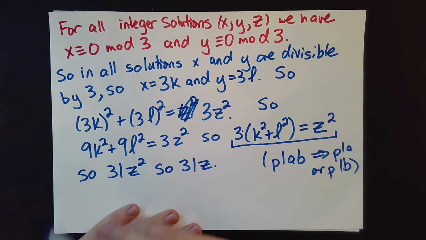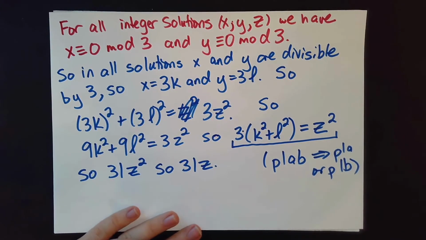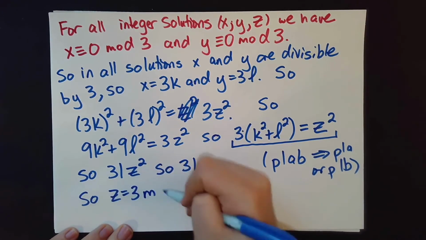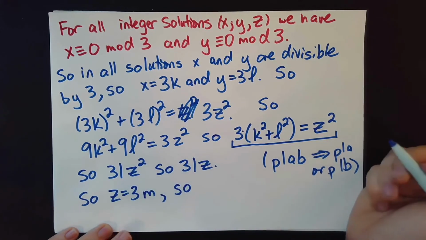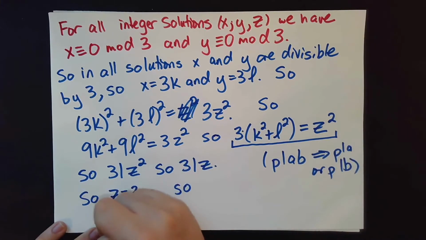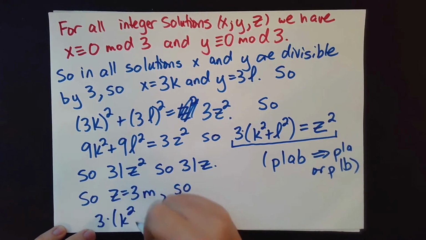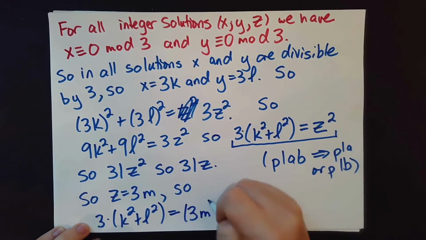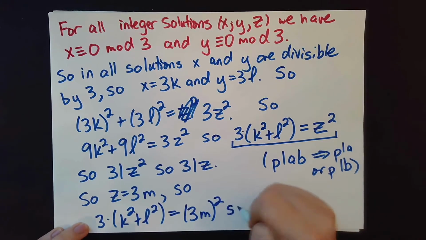Z is also a multiple of 3, so I can also rewrite Z. And so I'll go ahead and rewrite Z as 3m. And then I'll plug that into my equation, so I get 3 times k squared plus L squared equals 3m squared. So